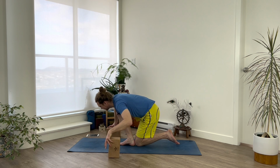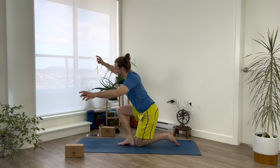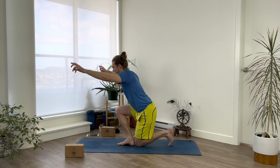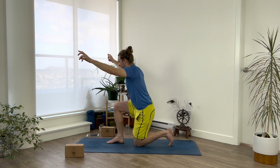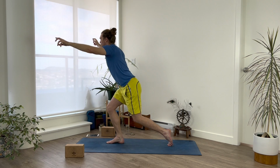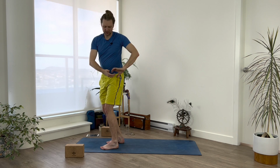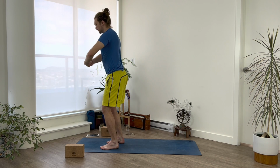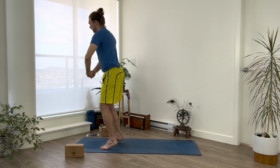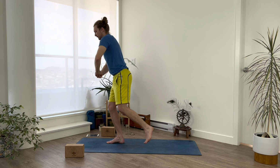Okay, and then slowly come back up. Reach the arms forward. Step your right foot forward a little bit, tuck the back toes, and then push off to step all the way up. And then go Hercules class, just where you cross your hands in front of you. Keep the elbows low, pull the hands away from each other, lean to your right foot and take a step